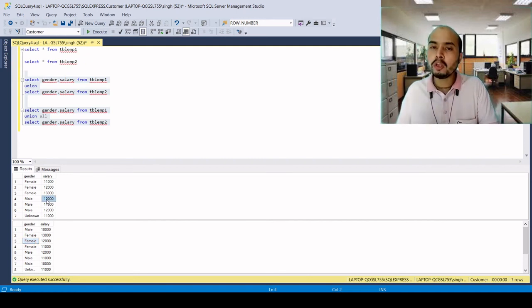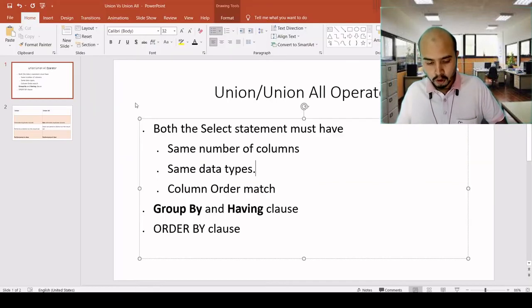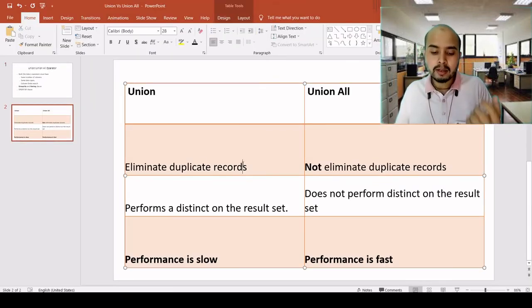In union it basically eliminates all duplicate records. It uses distinct internally. Sorry, so union eliminates the duplicate records, whereas union all does not eliminate duplicate records. Next, union performs distinct on result sets, whereas union all does not perform distinct on the result set.